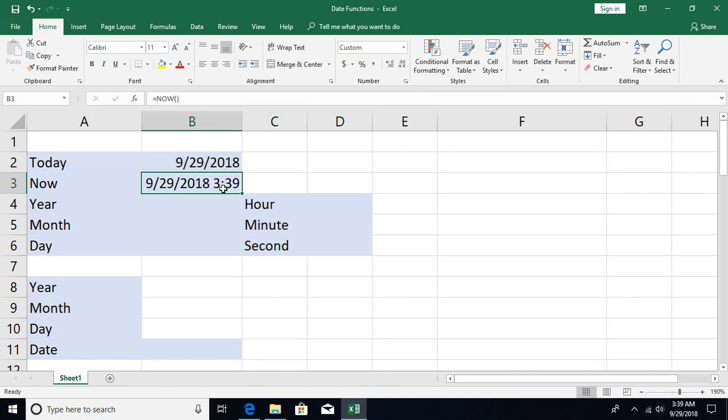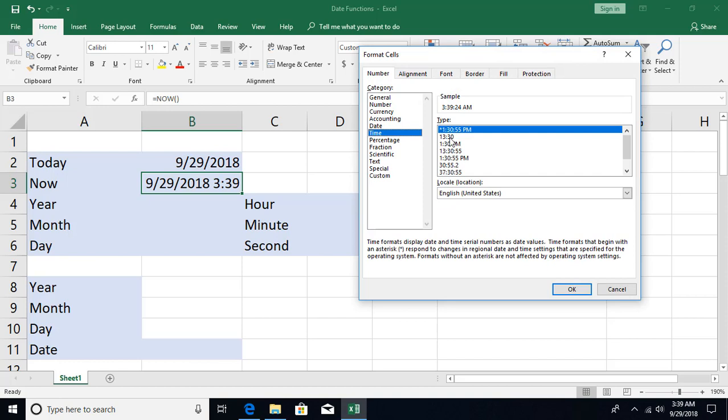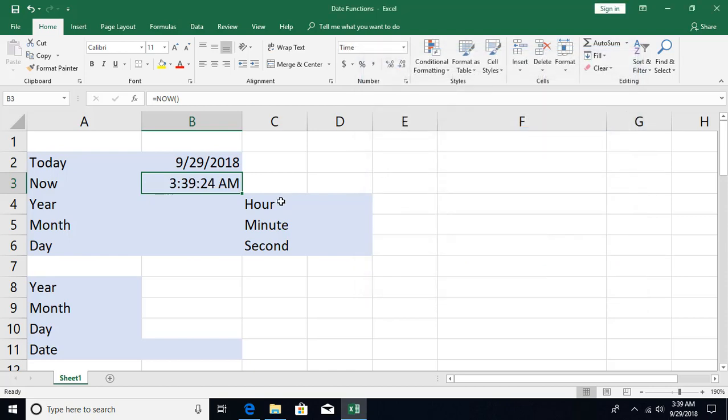If you are interested in just getting the time, it's just a matter of formatting. So you can click on cell format, and the format is time, and then you can select which format you want. So I have hours, minutes and seconds, and AM, PM, and click on OK,